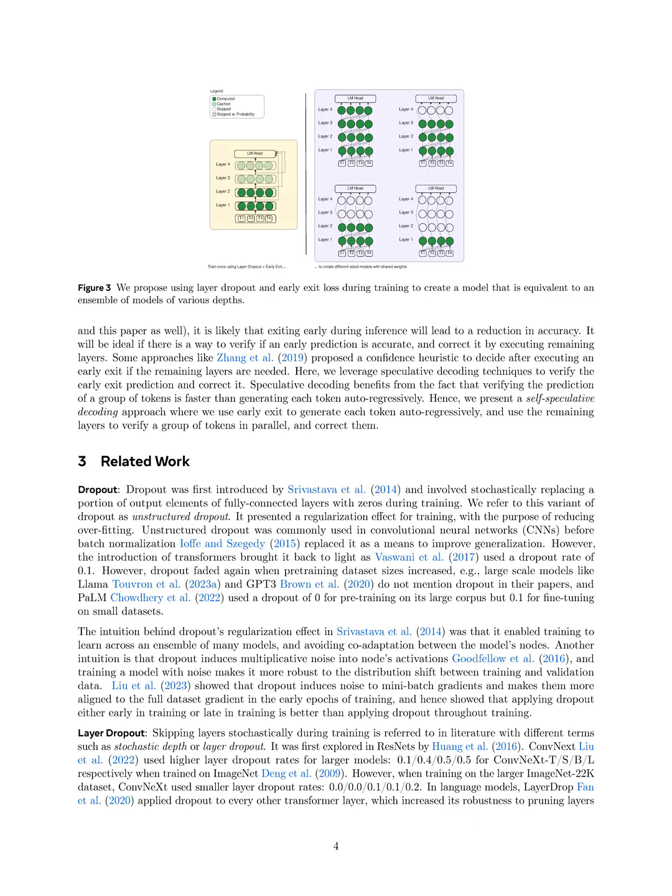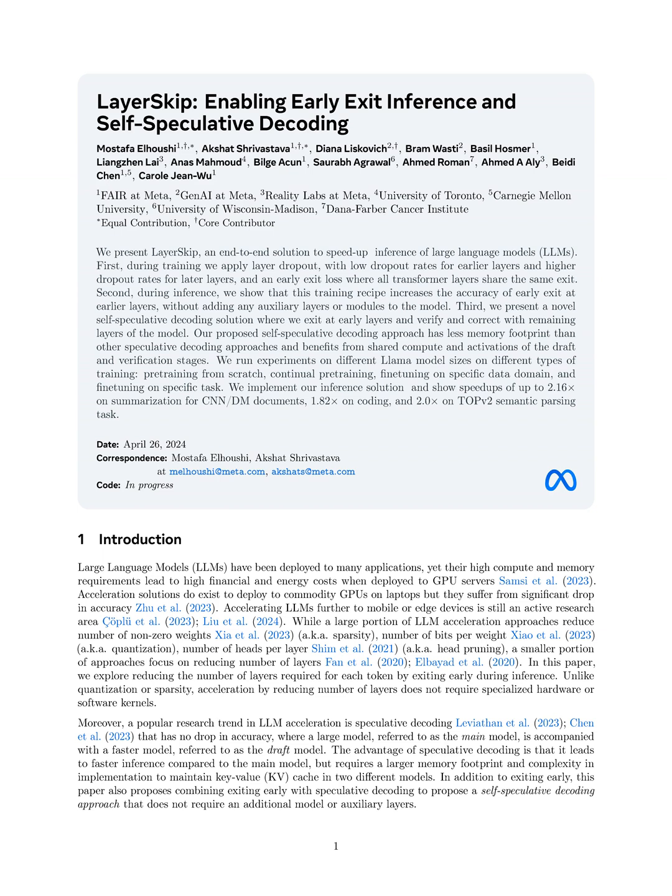The combination of layer dropout and early exit loss not only enhances the model's efficiency by reducing the number of layers required to predict each token, but also improves the model's accuracy by focusing on earlier layers for easier tokens and later layers for harder tokens. Overall, these techniques lead to faster and more efficient inference without sacrificing accuracy, making the proposed solution a valuable advancement in